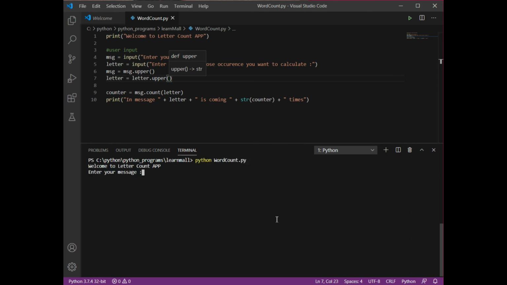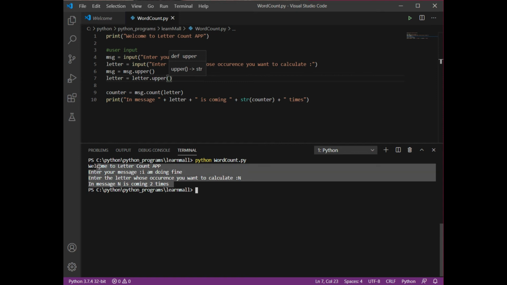So now I am again writing that in small, that is I am doing fine. Now here I am going to give the capital N. But because I am converting my message and letter into uppercase, due to these two lines it is going to convert my message into uppercase. So when I press enter, it is giving me that N is coming 2 times.